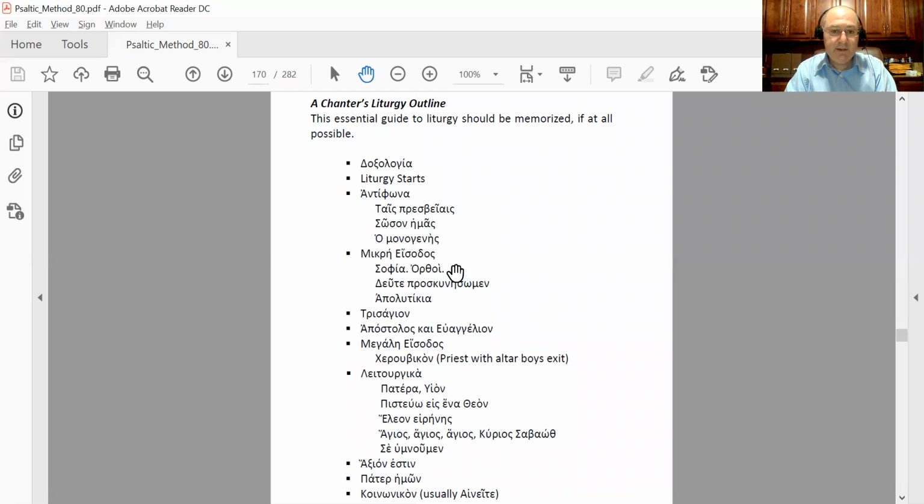The fact that, let's say, Δεύτε προσκυνήσομεν, or the Trisaion, is always chanted in Ichos second, in second mode, this is taxis. Some chanters sometimes chanted in other Ichos, but that's outside of the tradition. So the fact that Trisaion is right here after Mikrisodos and before Apostolos, that's a matter of typicon. That it is chanted always in second mode, it's an issue of taxis, okay, which is a softer oral tradition, not really set on stone, but we should still respect it.